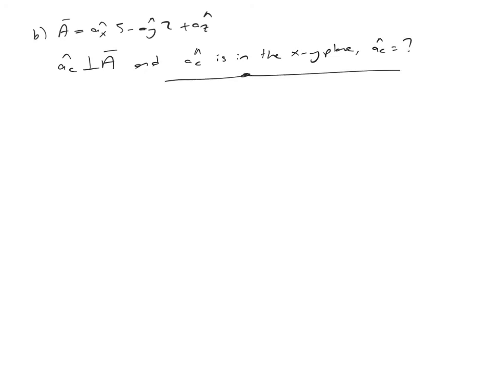Since this unit vector is in the xy plane, the z component is equal to 0, so we can represent this unit vector as, since this is a unit vector, the summation of the second power of all its components is equal to 1. So